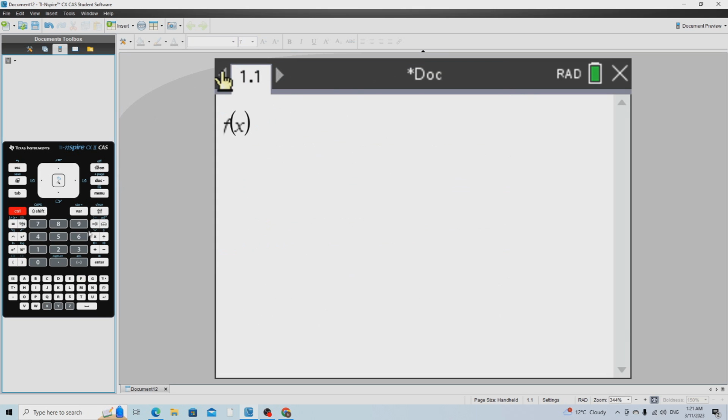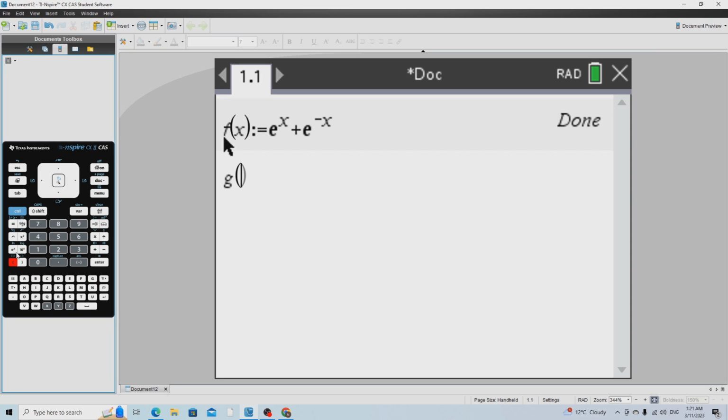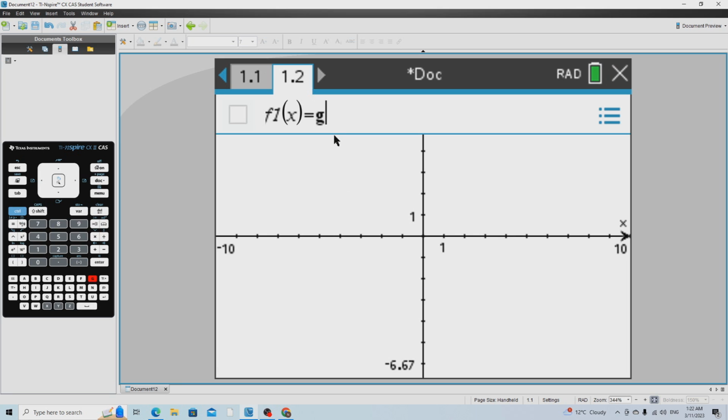So f of x is e to the x plus e to the negative x, and g of x is 0.5 f of 2 minus x. And we will graph them. Yeah, so two functions g1 and g2 are created, both with the same rule, but with distinct domains, such that g1 is strictly increasing and g2 is strictly decreasing. So if I just graph g of x,